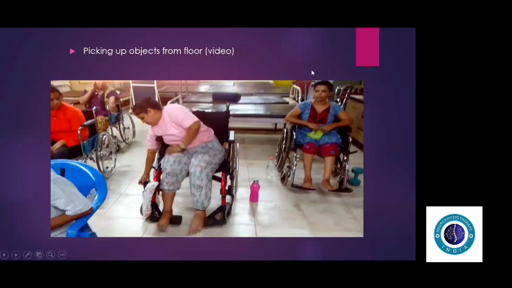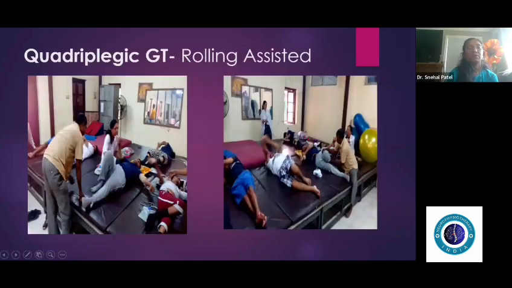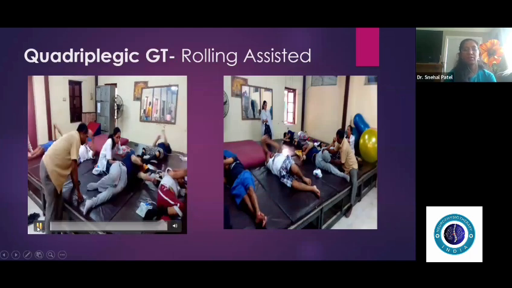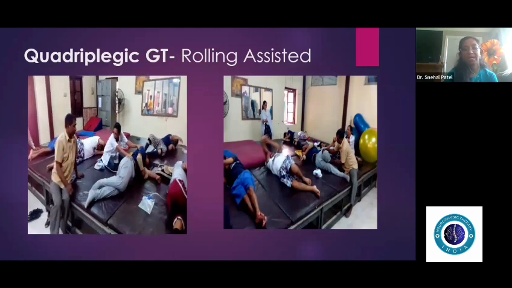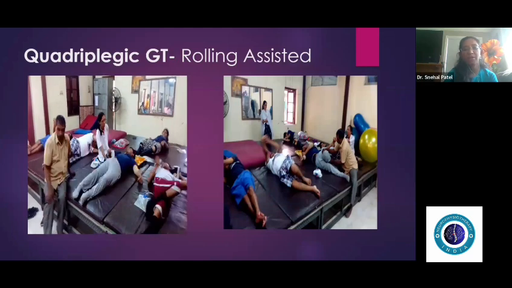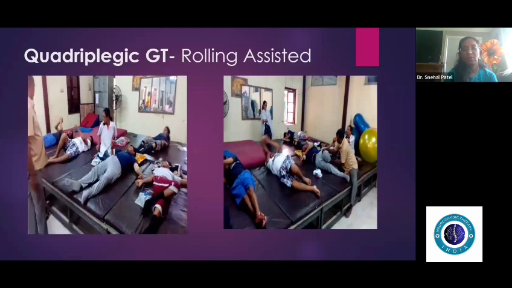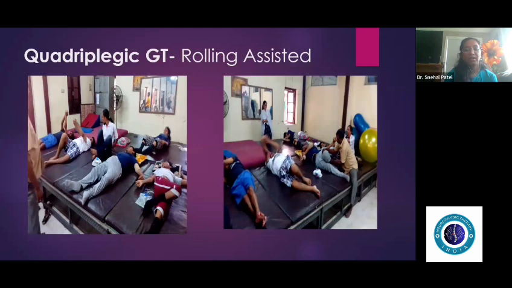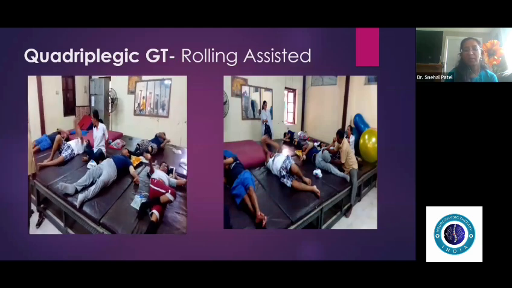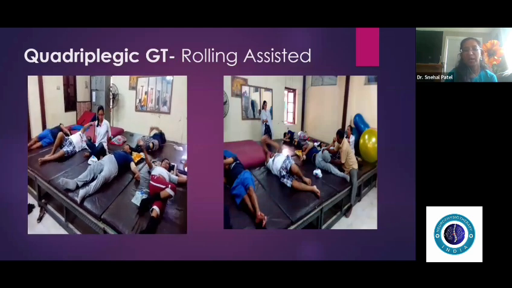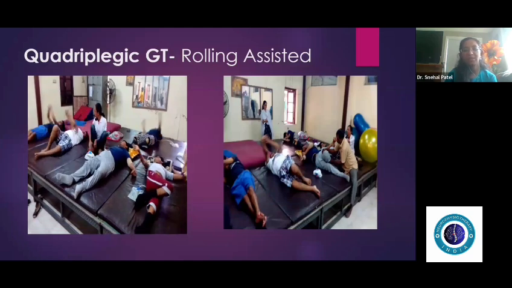Yes. So group therapy for quadriplegic, like the rolling assisted. In this, definitely the quadriplegic requires help of the caretaker for the rolling, like the use of momentum of the upper limb. At the count of 1, 2, and 3, turn to the one side with